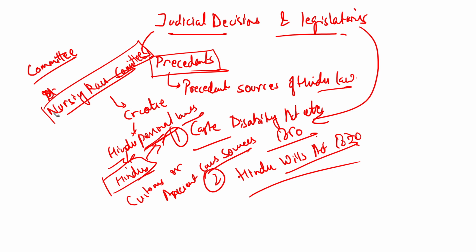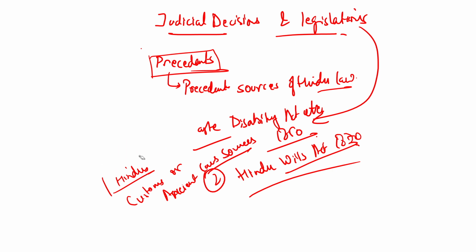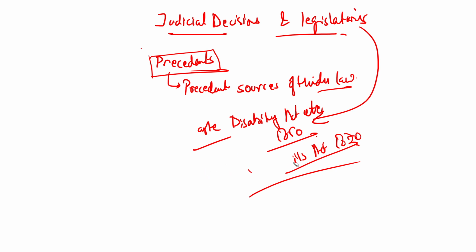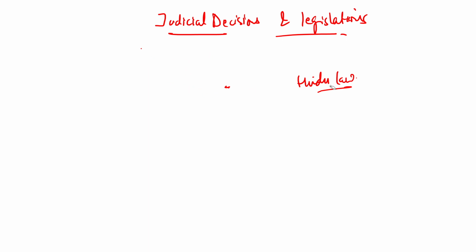committee which was formulated in the name of Narsingh Rao Committee, which gave us all the modern sources of law, which are the Hindu personal laws, which is the Hindu Marriage Act, the Hindu Adoption and Maintenance Act, the Hindu Succession Act, and all those acts, the Guardianship Act, which are considered to be the modern sources of Hindu law. Because now you have something which has been created by the legislations and which has evidentiary value. So this is how the sources of the laws has been segregated.